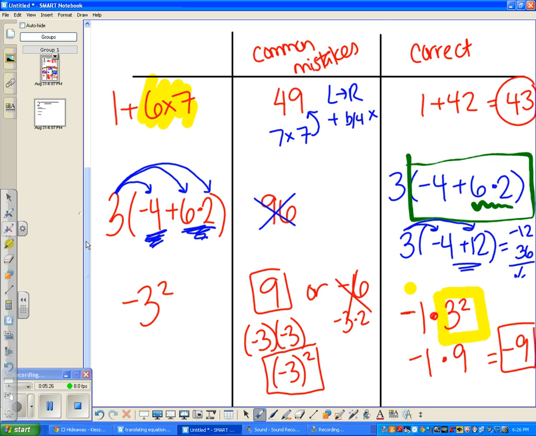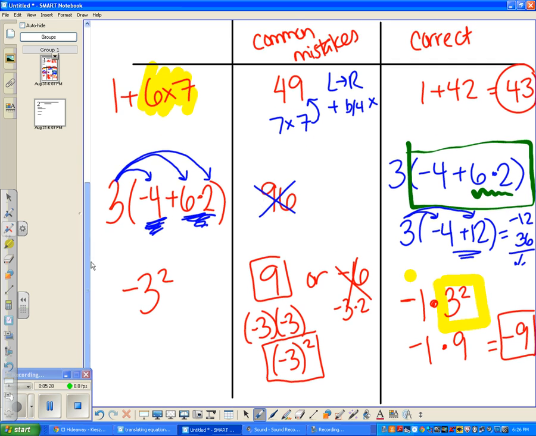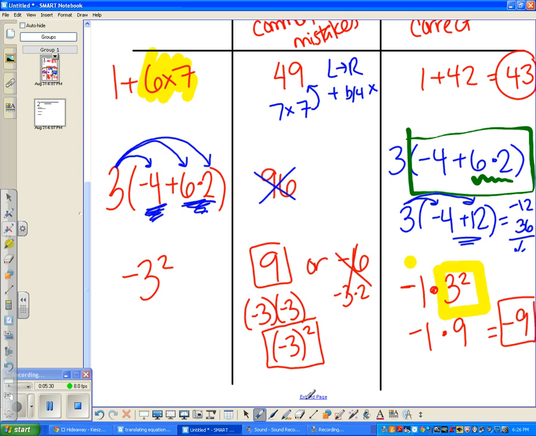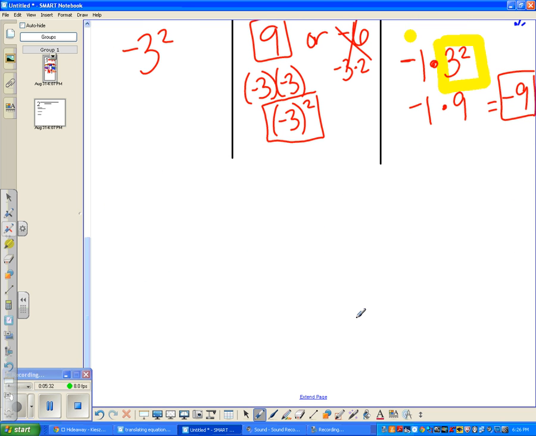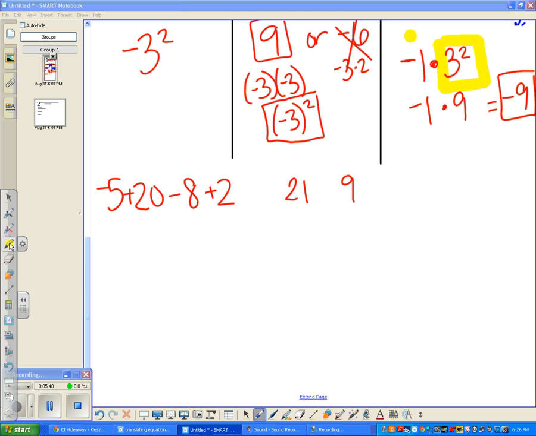Okay, and then the last one is some students still struggle with positive and negative integers. Last example. Let's say I have -5 plus 20 minus 8 plus 2. Some people think that the answer is 21, and some people think that the answer is 9. Not the case. What I find easiest when I have a bunch of integers that I'm adding and subtracting is to